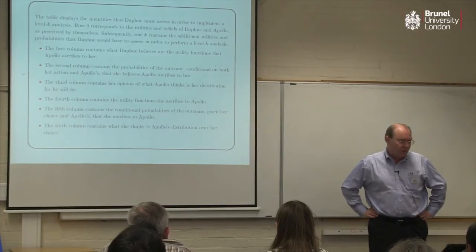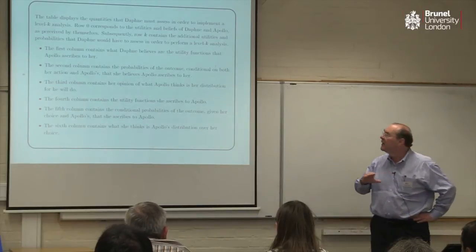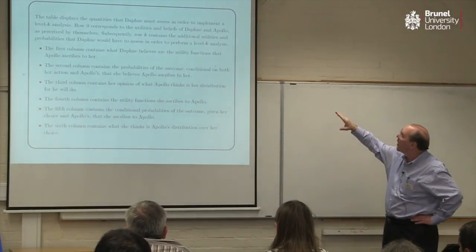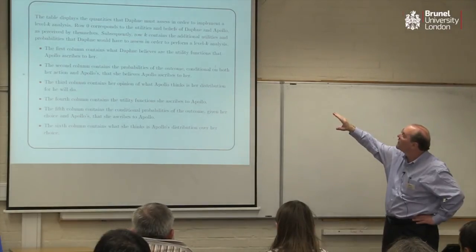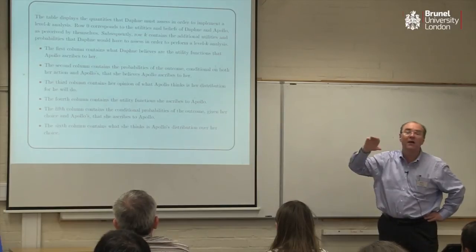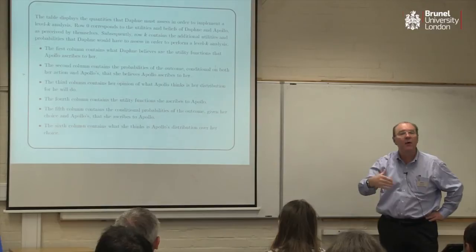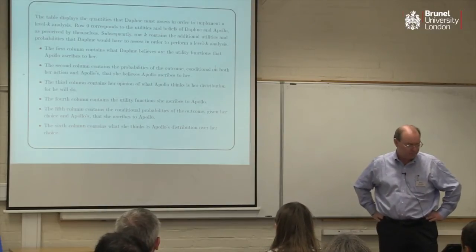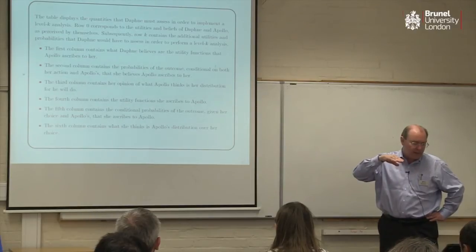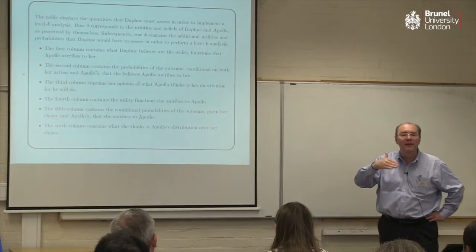The table I'm going to show you on the next slide displays the quantities that Daphne must assess in order to be able to do a level K analysis or other kinds of analysis. Row 0 is going to correspond to the utilities and beliefs of Daphne and Apollo, and these are the true utilities and true beliefs, and often these are not known. Each subsequent row is the additional utilities and probabilities that Daphne must assess in order to perform a level K